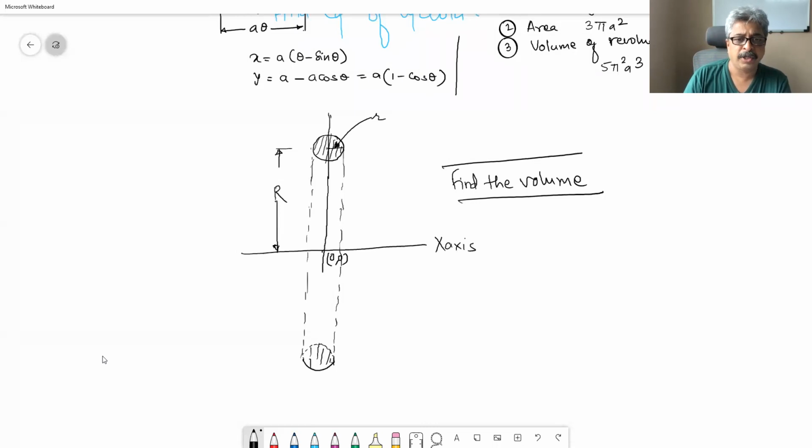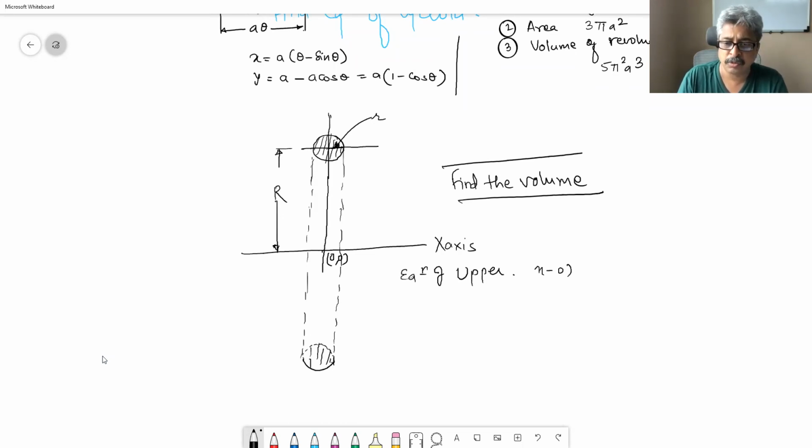We have to find out equation of upper semicircle and revolve it around x-axis. That will be the solid volume, and then we have to subtract the lower semicircle to get the exact volume of the two. So equation of upper semicircle,